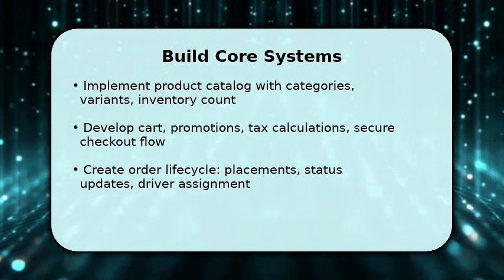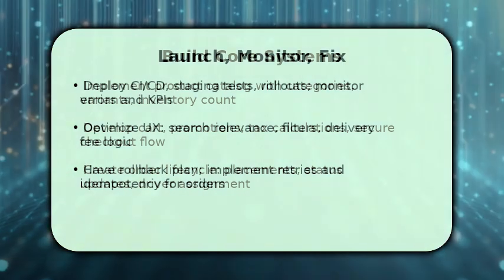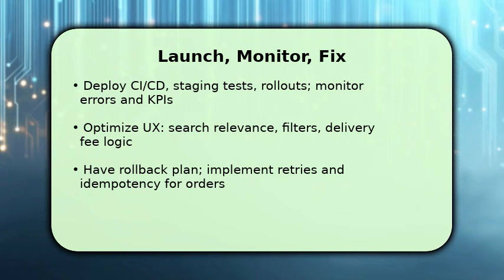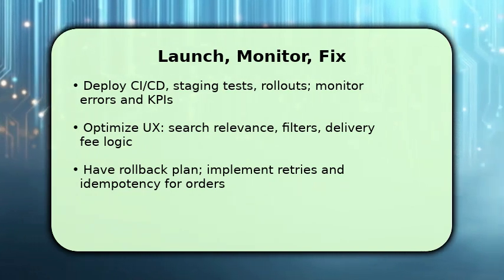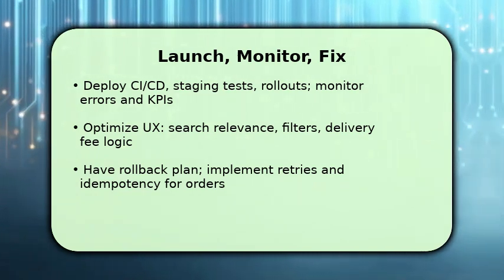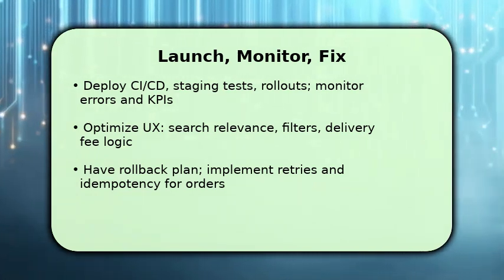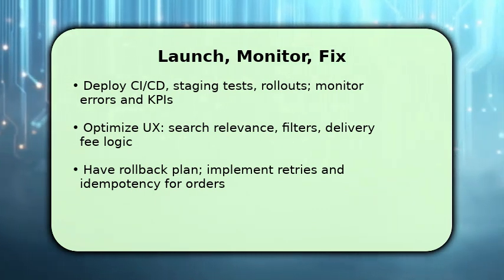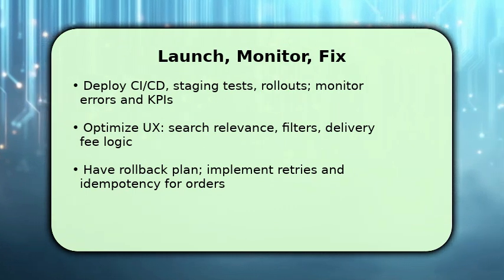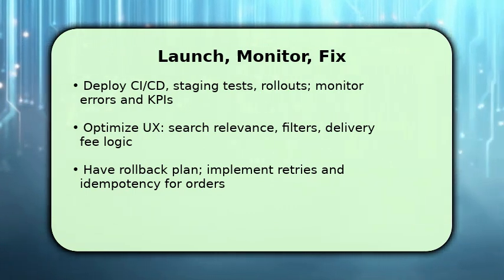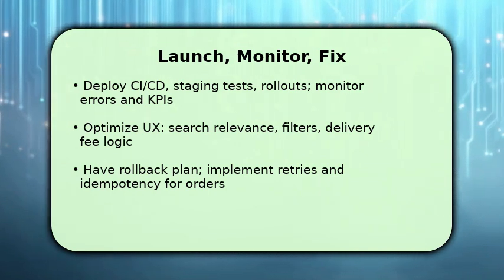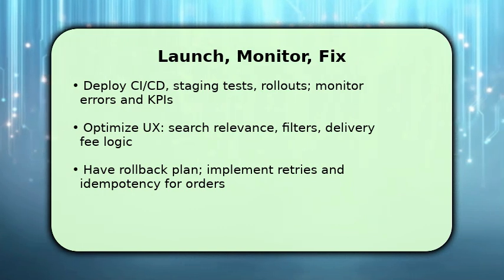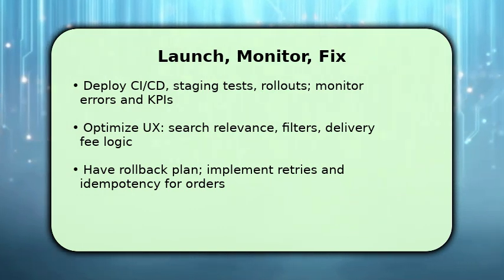You finish by preparing launch. Set up CI/CD, run staging tests, and roll out gradually. Monitor errors, latency, and KPIs like conversion and retention, then prioritize quick UX fixes, search relevance, filters, and delivery fee clarity. Make sure payments, refunds, and inventory sync work under load. If problems arise, use your rollback plan and deploy hotfixes. Implement retries and idempotent order processing to prevent duplicates. One key troubleshooting tip: when orders double,